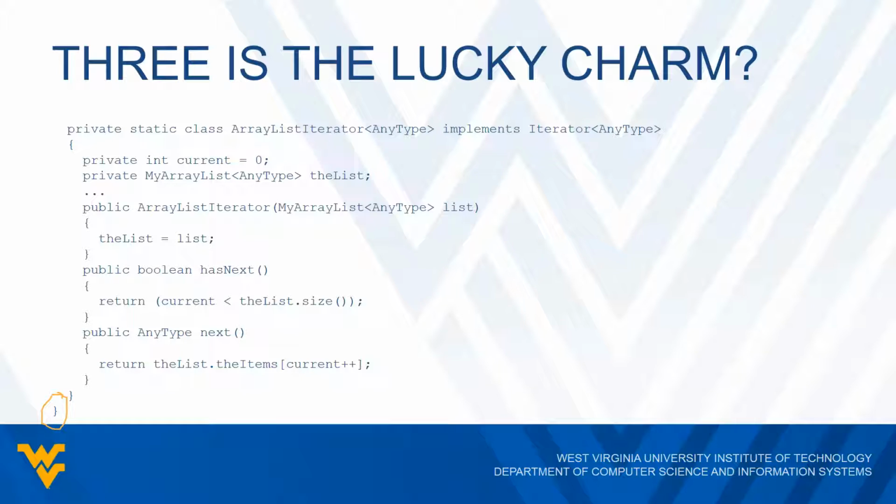And notice that the only differences between this implementation and what we saw previously is we have the words private and static in front of class right here. We'll see why this is necessary, but everything else is pretty much the same, I think. So we still have the reference to myArrayList inside of here. We still have our constructor that stores the list that we passed into the list. We still have the list.size here, and we still have the list.theItems and getting the current element and incrementing that